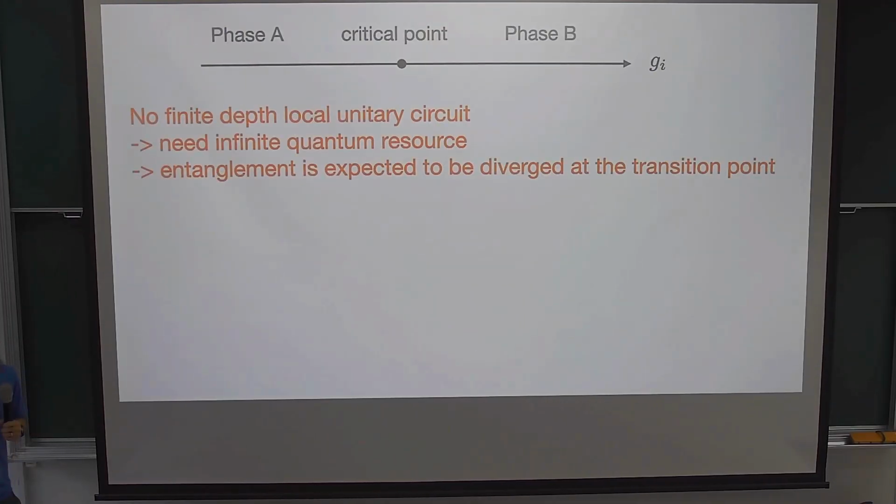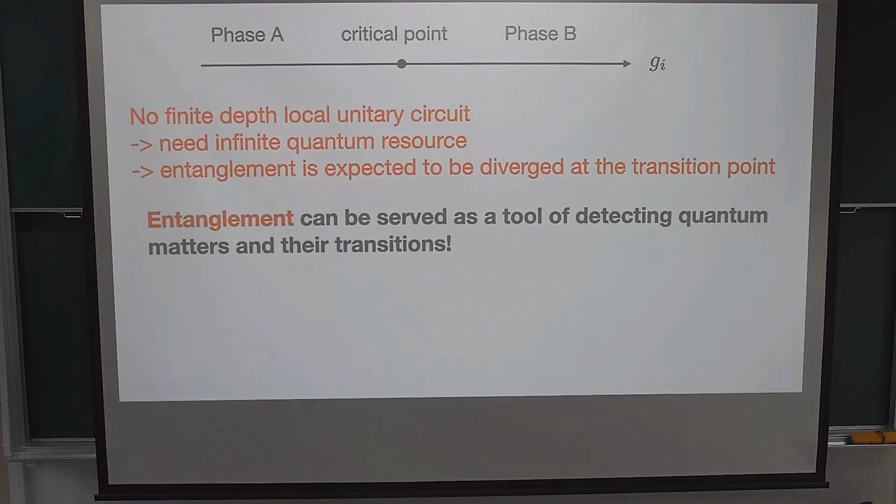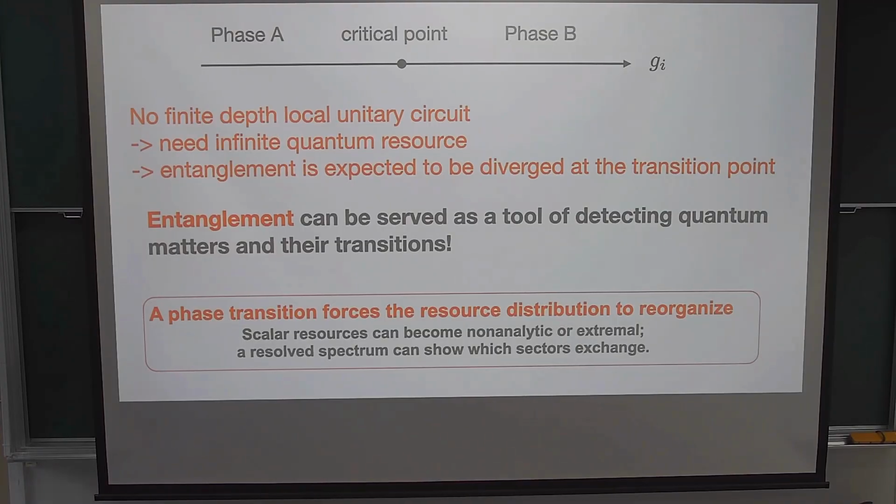Okay. With this picture in mind, we can think about how to use quantum information language to understand the critical phase. Since I need infinite quantum resource to connect these 2, you expect the entanglement must diverge at this point. So that's how people use entanglement as a tool to study phase transitions in this many-body setup. Okay. Now people push further, because we know there are a lot of different quantum resources,